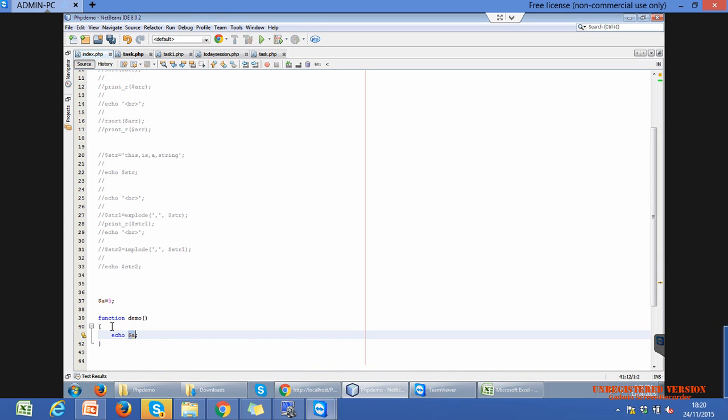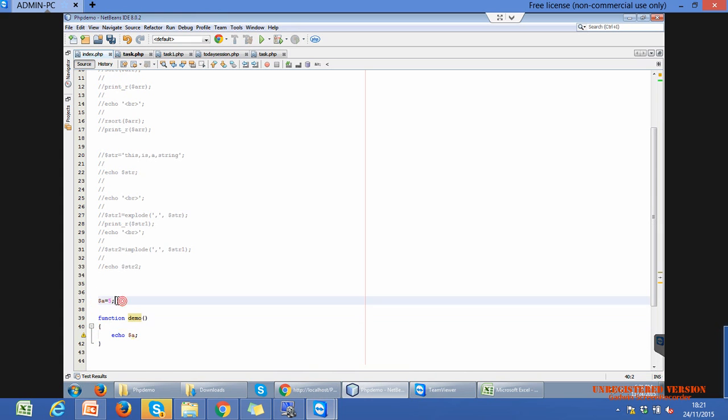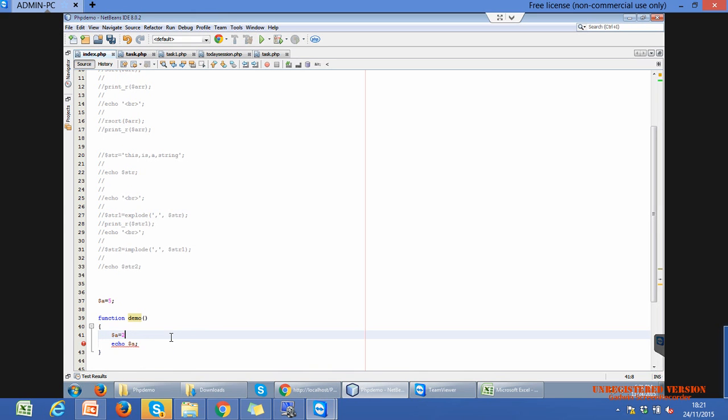Are you there, Raki? Okay. The scope of any variable within the function is different from before the function. We can't access this a within the function. Okay, this is the local scope. And if we declare a variable a and just assign it to the echo,